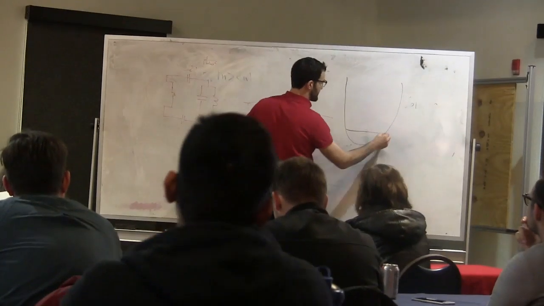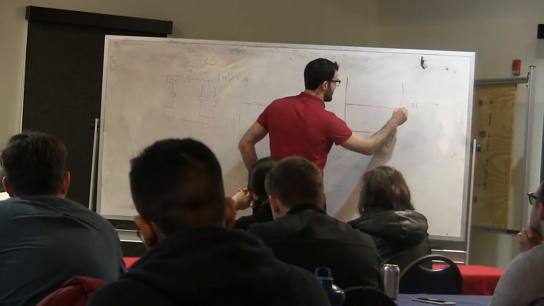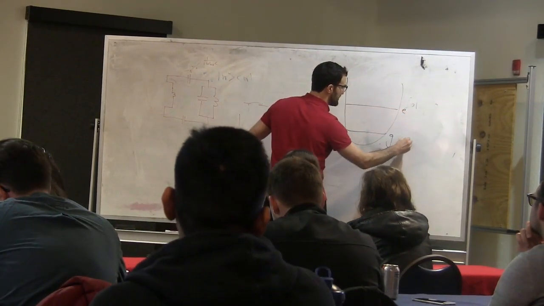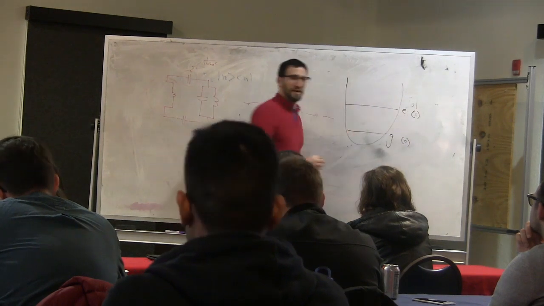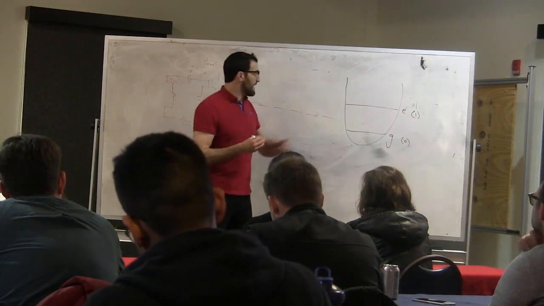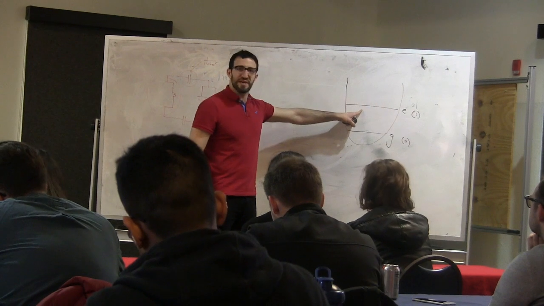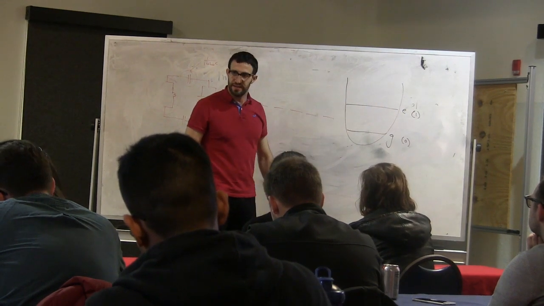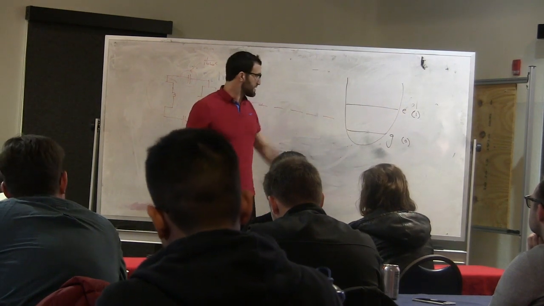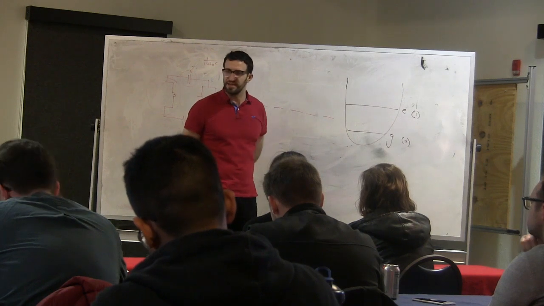So here's our qubit. It's got a ground state and it's got an excited state, right? So this is 0 photons and this is 1 photon. What I want to do is prepare this qubit always in this excited state. How do I do it? Is there a laser I can apply to do that?